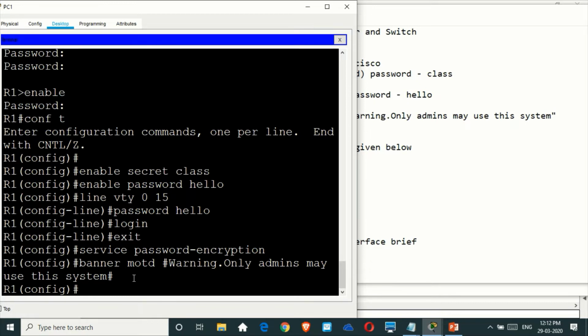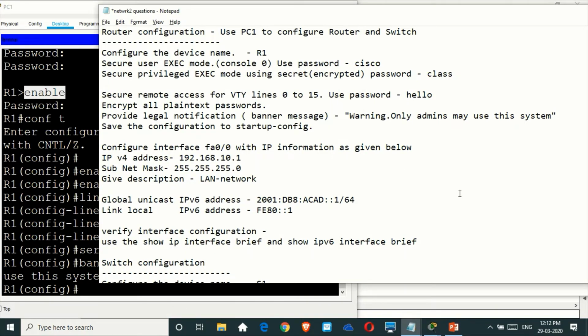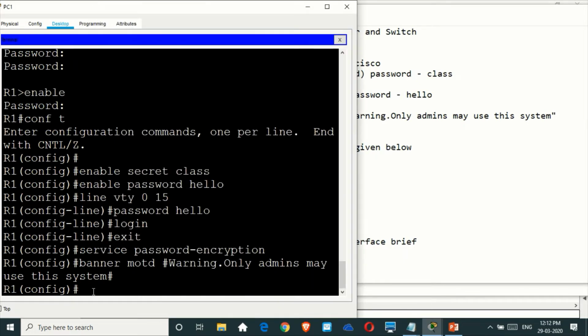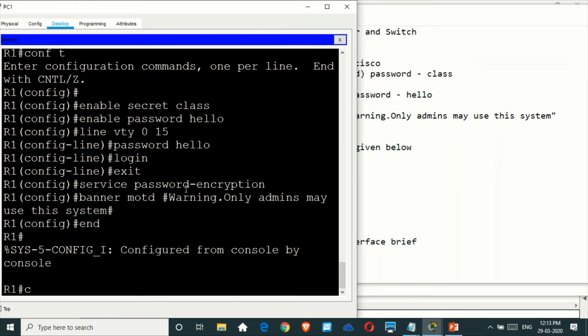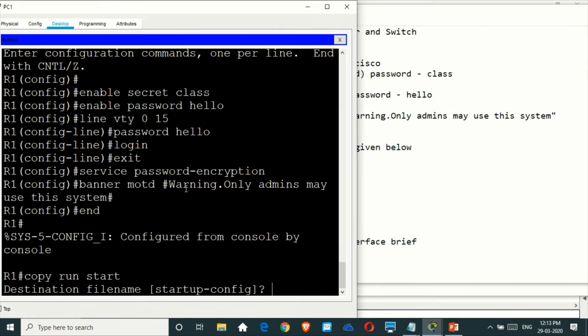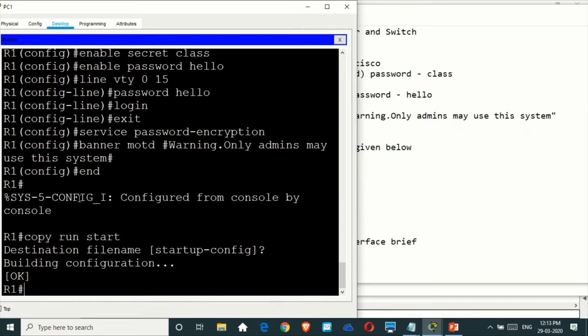But the problem with the running configuration file is that it might get deleted if you switch off the router or the device. So you have to save all the configuration in the startup config. For that, first of all, you have to type end, which will take you to level 2 or the privilege exec mode. You have to run the command copy running-config startup-config. So this is the command you have to type. Instead of typing like this, you can just type copy run start also, and it will ask you what is the destination file name, startup config, press enter, and you should get a message.